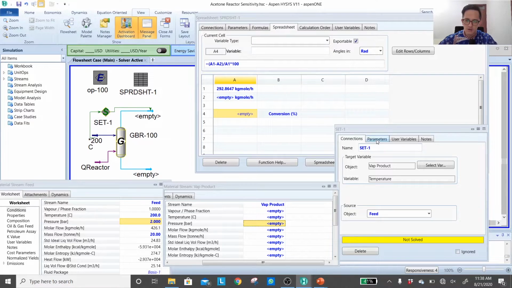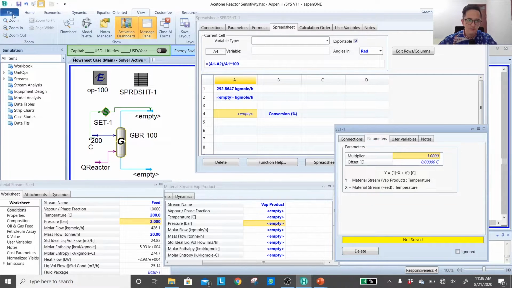Okay, you can as well go to the parameter before I activate my simulation again. So the default of the set function would be the target will always be 1 times the multiplier. In this case, the multiplier is 1, the default value, plus C. C is the offset. Okay, so what does that mean?